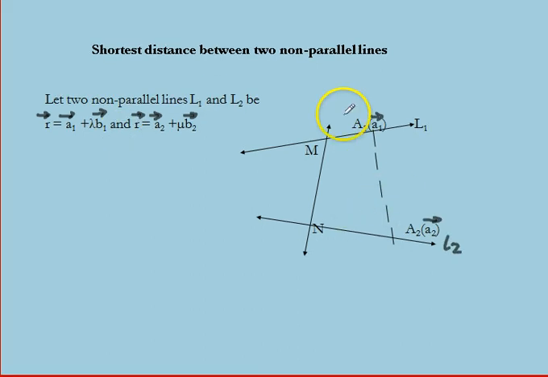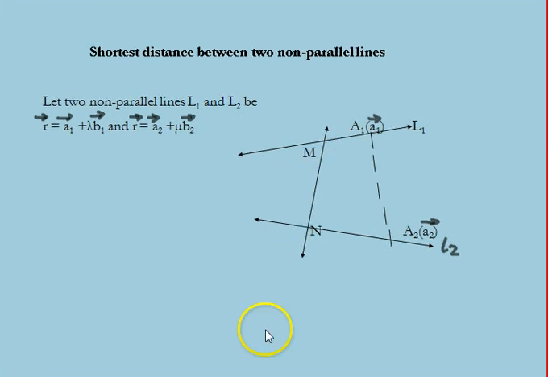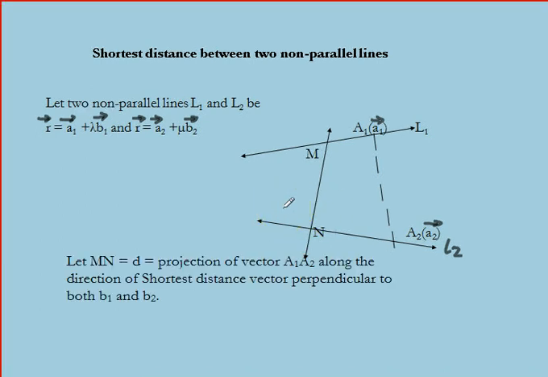Let A1 and A2 be two points with position vectors a1 and a2 respectively, so that A1 lies on L1 and A2 lies on line L2. Let MN be the line which intersects these lines at right angles at points M and N respectively. Then the distance MN, which is, let's say, equal to D, is the shortest distance between the given lines, that